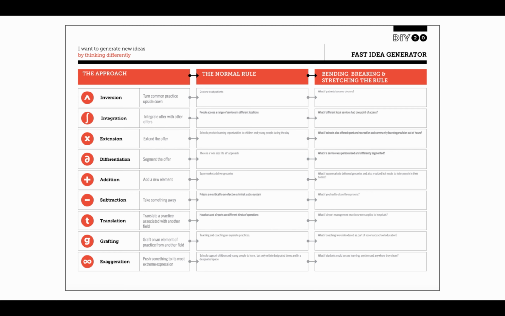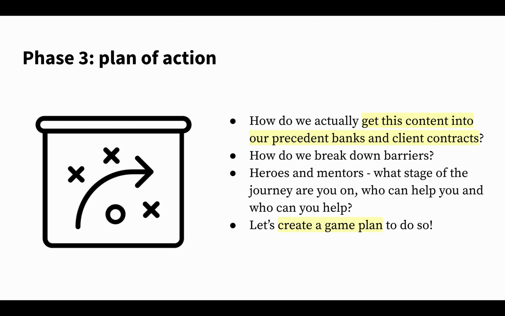This is the stage that may be most relevant to those of you focusing on using our clauses in other jurisdictions. What are the semantic and conceptual changes that need to be made in order for them to be coherent and commercially practical in your jurisdiction? The next phase is to create a plan of action together. After the stimulating discussion during today's live event, as well as any work you have done to adapt the drafting, what are the practical steps you can take over the next few weeks to start the ball rolling?